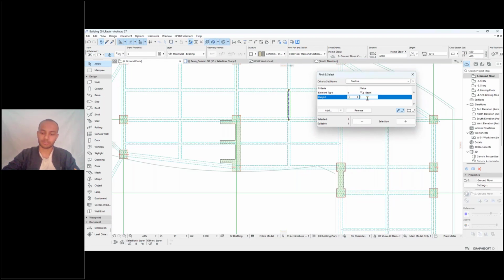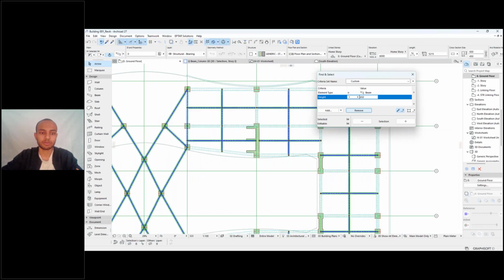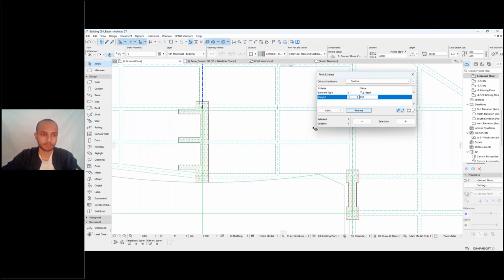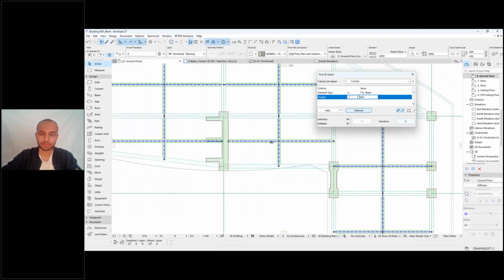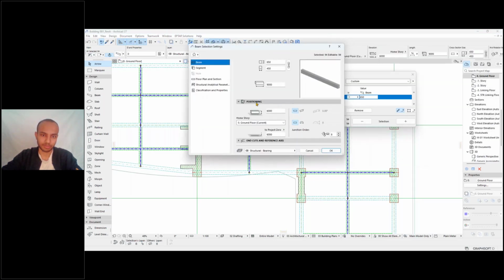If I put 650 here and select those, all the beams with a height of 650 mm will be selected, and the rest of them, as you can see, are not selected. If I do that again, it will show us the number of elements that are selected right now. It says 94. Once it's selected, we can also edit the settings, go to the main settings and change what we have if there are changes in the settings. And